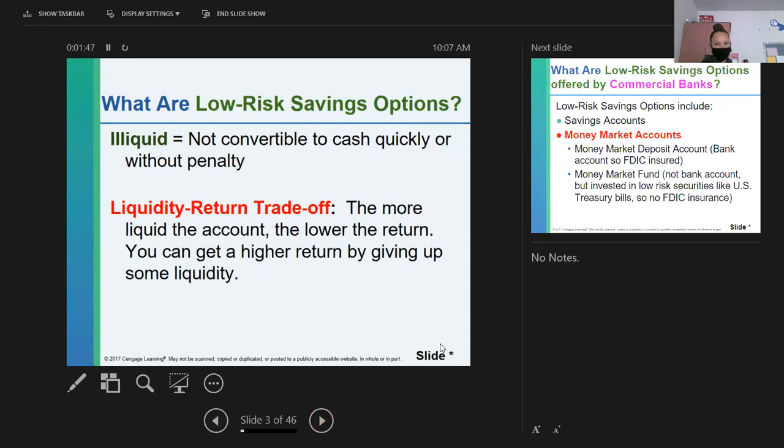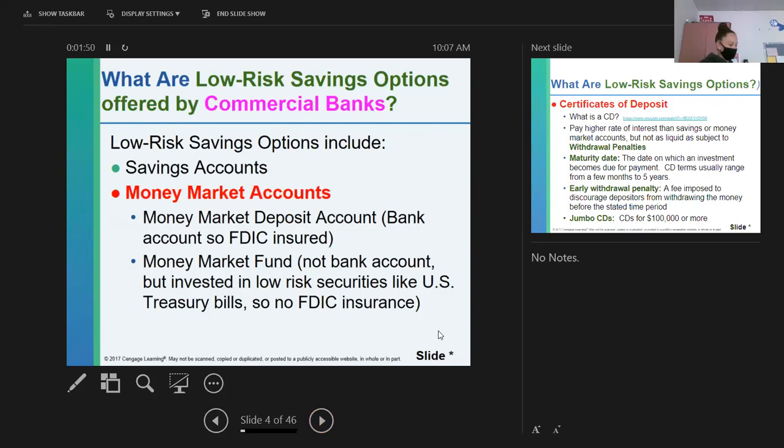Some low risk saving options include savings accounts from a bank or a credit union. Those can often help with your short-term needs. You have your 6-month savings in there, and maybe you're also saving for some of your personal goals. Savings accounts usually don't have withdrawal penalties, so they are very liquid. You can walk down to Travis Credit Union or Wells Fargo or whoever it is and take money out of your savings account. Sometimes they do have a restriction, maybe only 3 times per month or 6 withdrawals per month. They do vary.